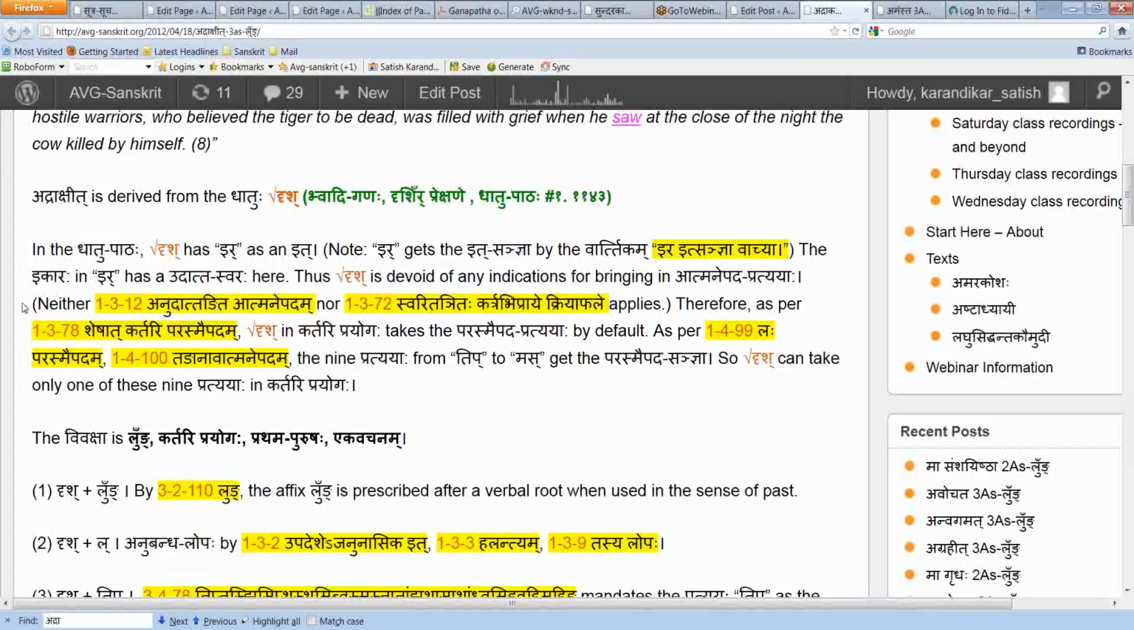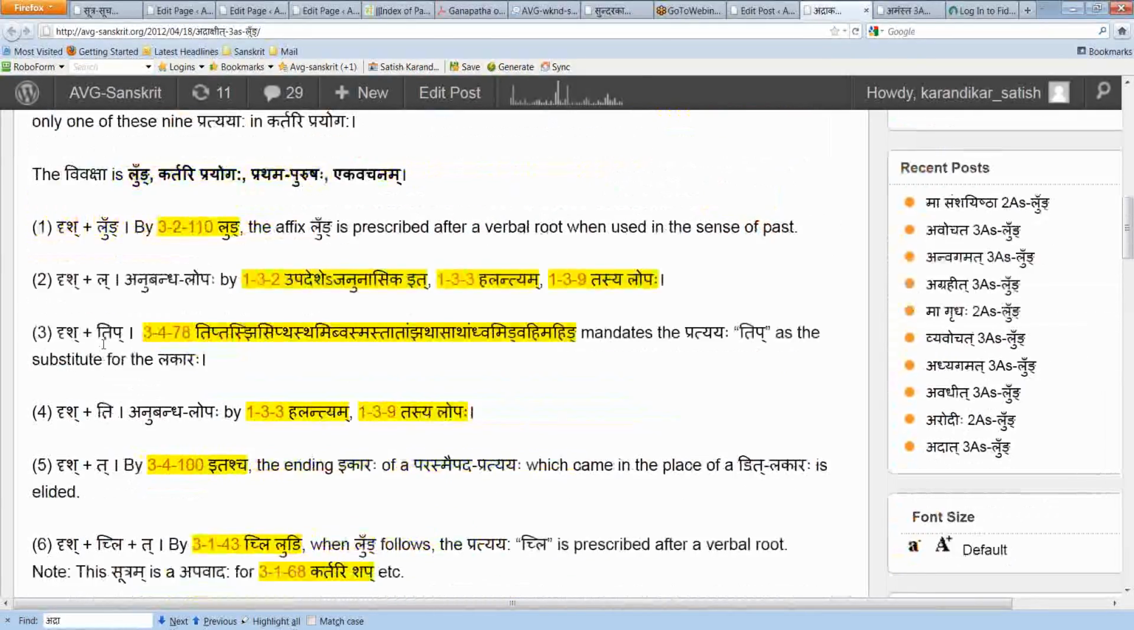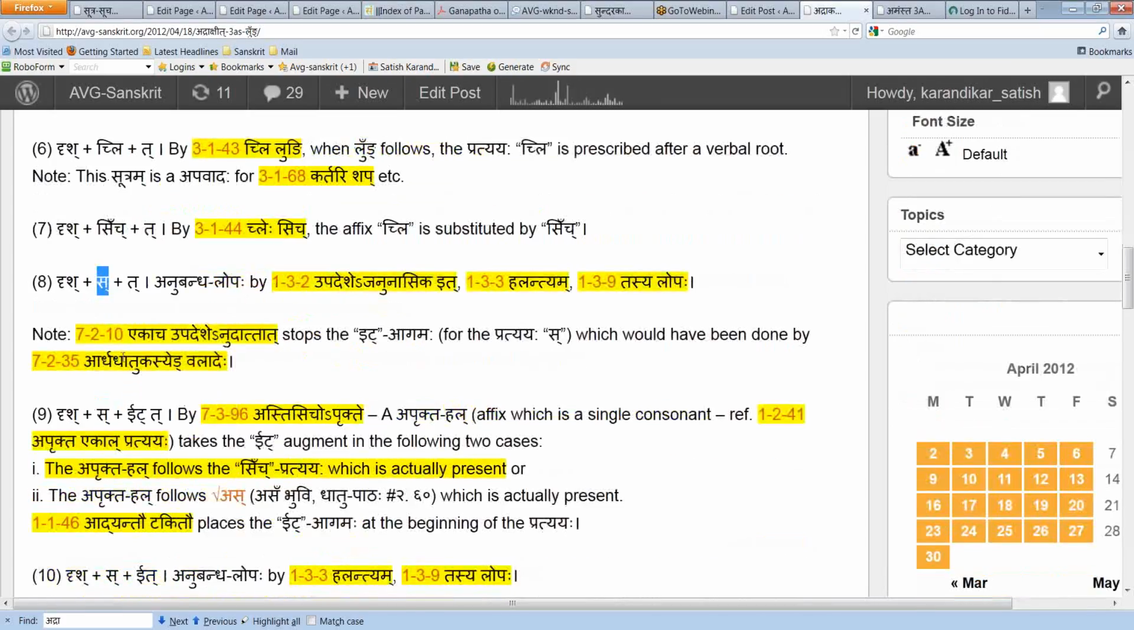And then we cannot apply either the Anudatta Nita Atmanipadam or the Swaritagnyataha Kartrivipray Kriyaphale. So basically Sheshat Kartriprasnipadam. And then we do the usual steps: Drishya plus Lung, Anubandha Lopa, La. We take the Pratya Tip, in this case Pratapurusha Ekvachanam, Anubandha Lopa and Itascha. So up to this nothing special. Then comes Chi Lungi, comes Chile Sich, Anubandha Lopaha, Upadesha Janunasiket, Halantyam, and then Ekach